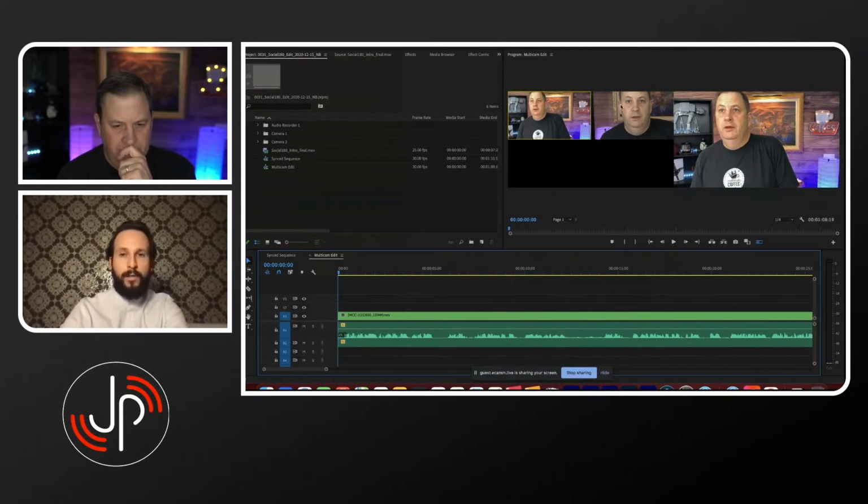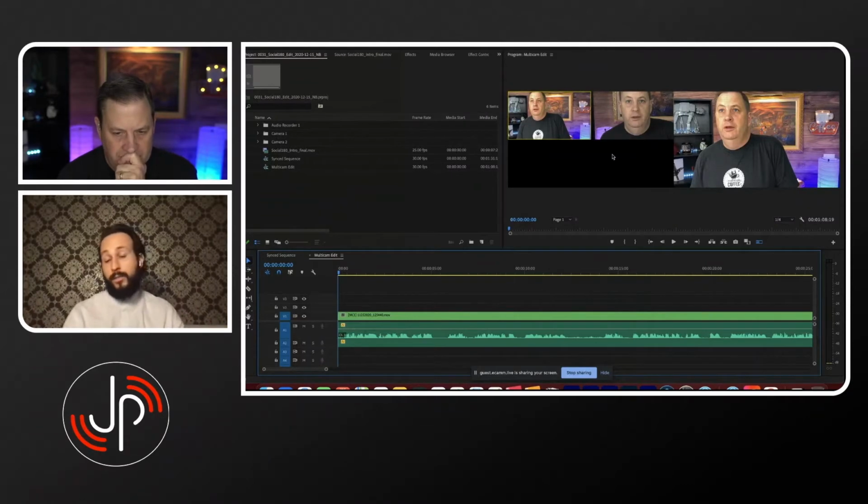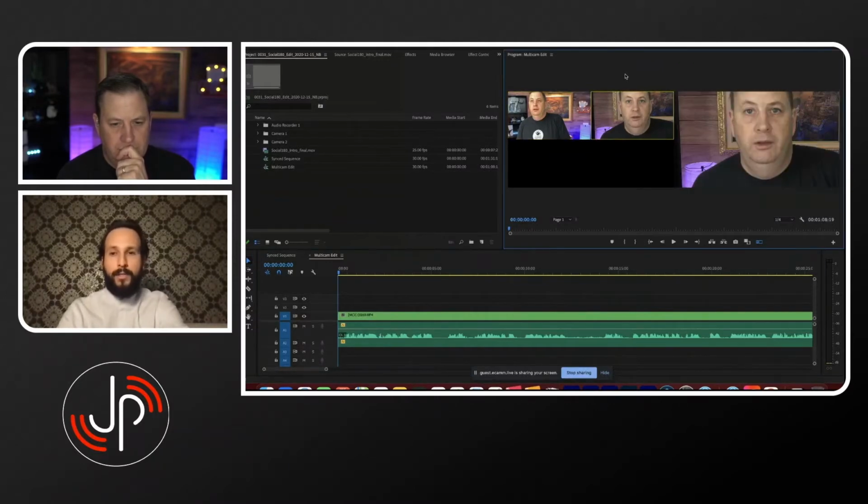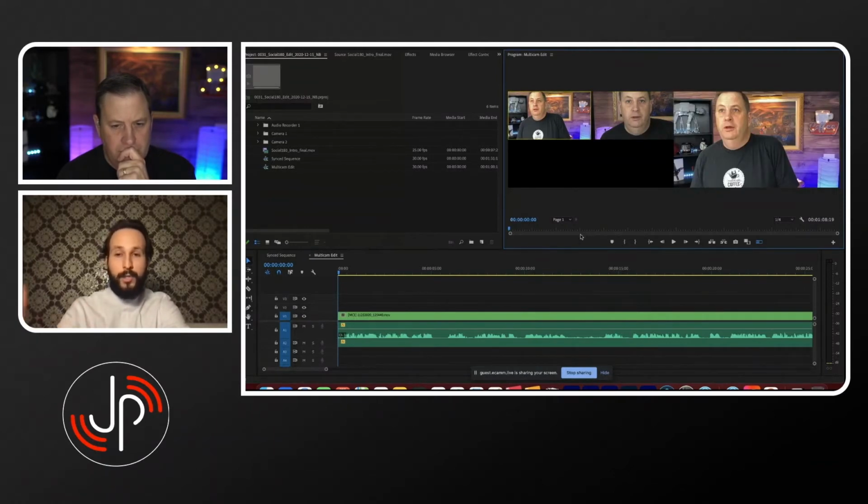Also, notice I want to start on this camera view because this is the camera you're looking at. I don't want to start here because you're not looking at the camera. So in this multi-camera view, you can map keyboard shortcuts to whatever key you want. But I like to map it to the number keys, 1, 2, 3, 4, and I can use the keyboard to switch between cameras. And you can also do this in real time as the clip plays back. So I'll show you how to do this.